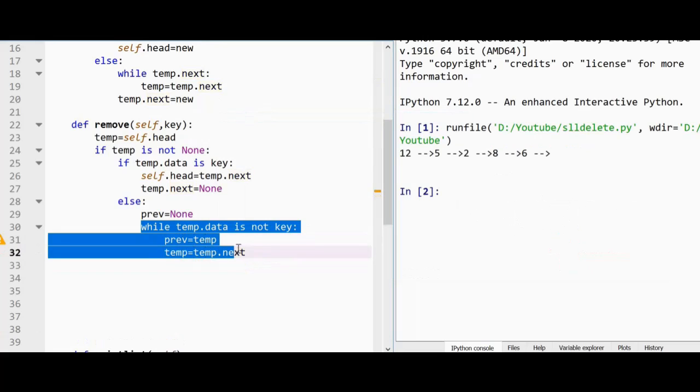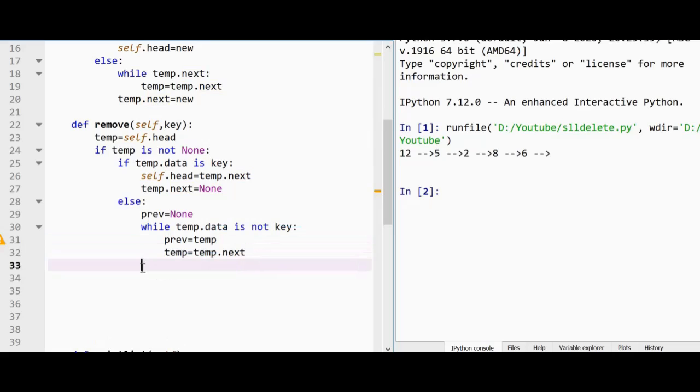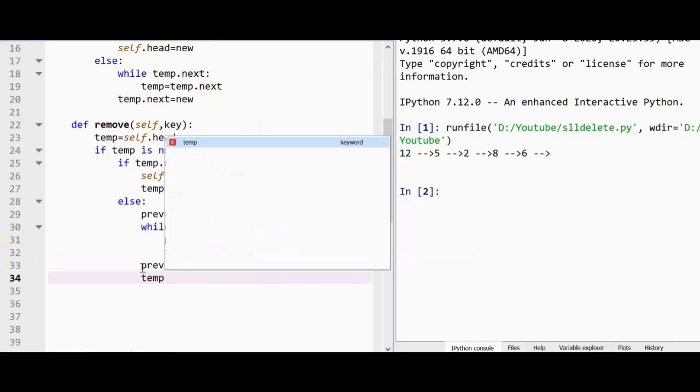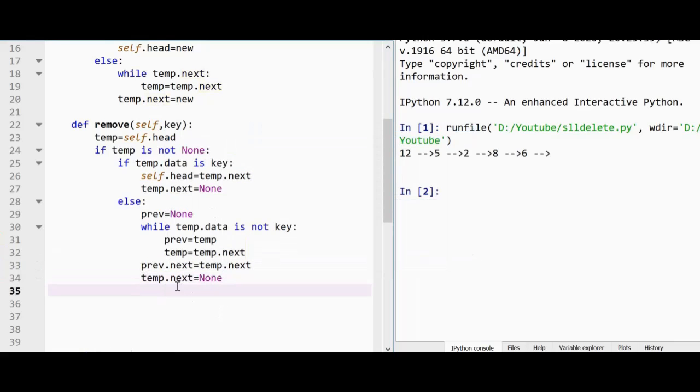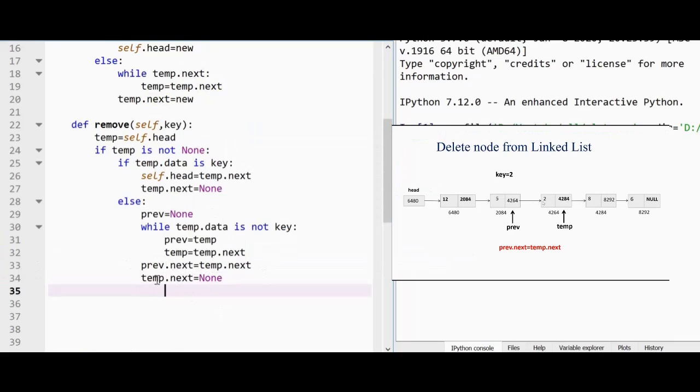Whenever data matches the key, the loop exits and temp is pointing to the node to be deleted. Now we can delete the node. So we came out of the loop here. Give previous.next equal to temp.next and temp.next equal to None.